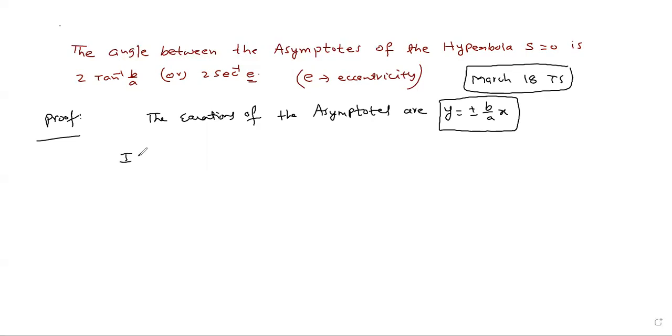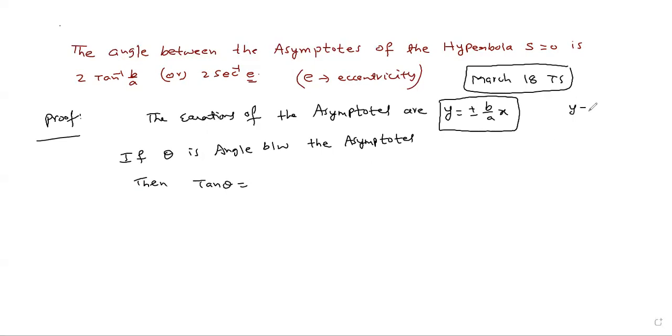Okay, if theta is the angle between the asymptotes, then tan theta is equal to